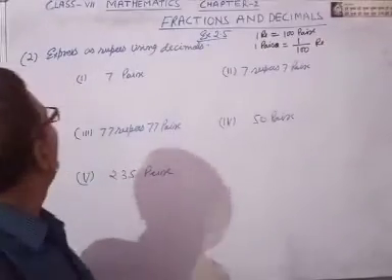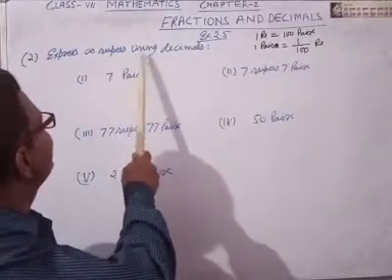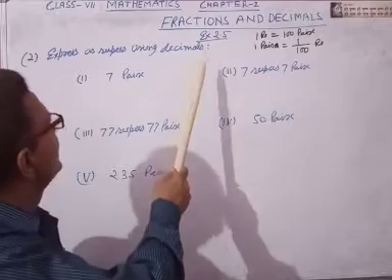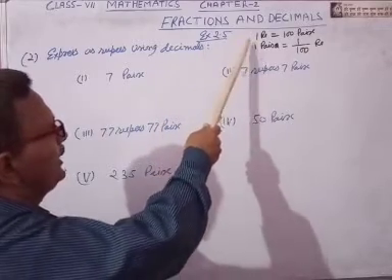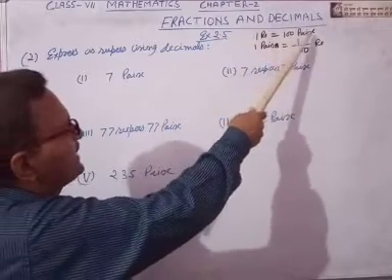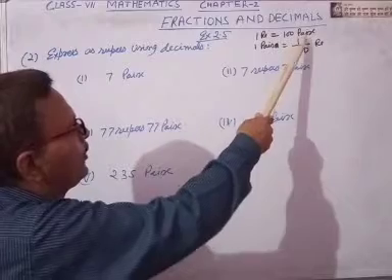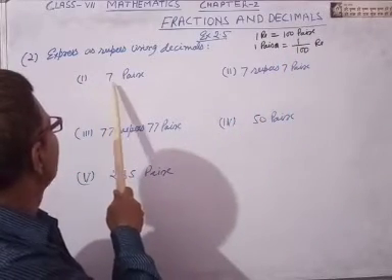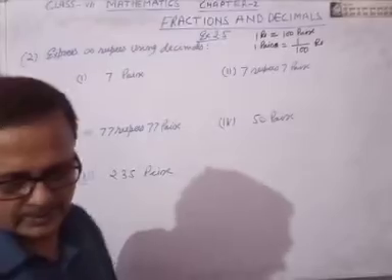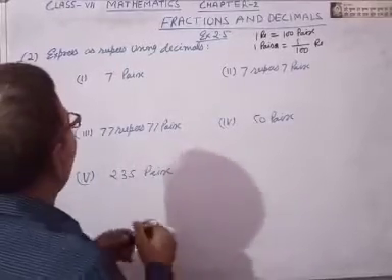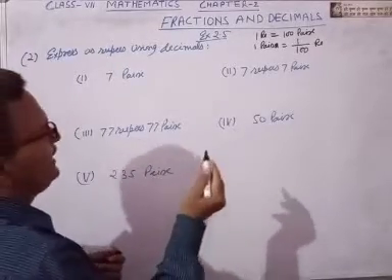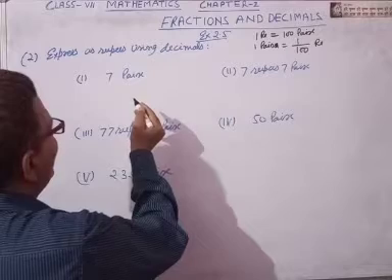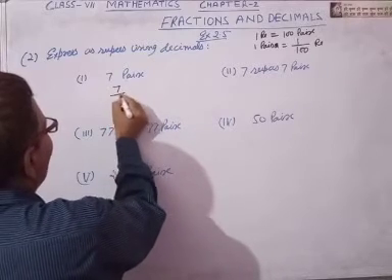Now question number 2, express as rupees using decimals. First of all you should learn 1 rupee equals 100 paise, and 1 paisa equals 1 upon 100 rupee. Now we will change this 7 paise into rupees. If we want to change paise into rupees, we will divide by 100. 7 upon 100